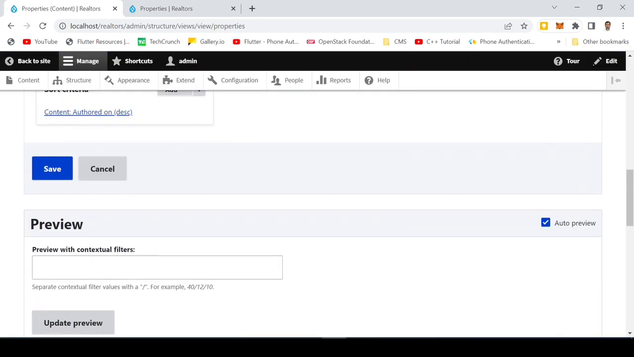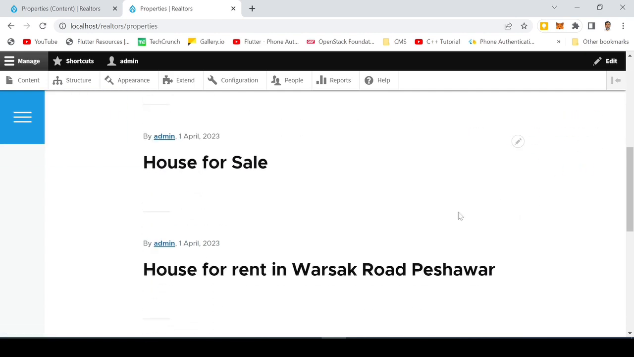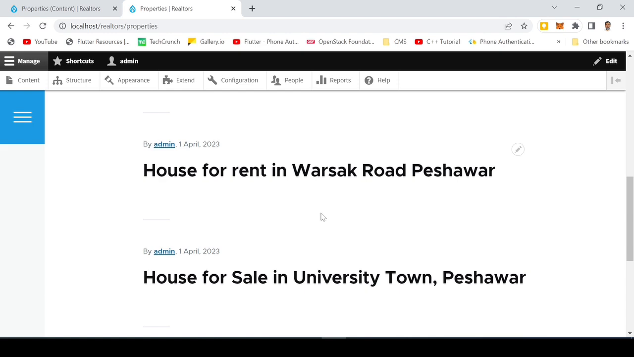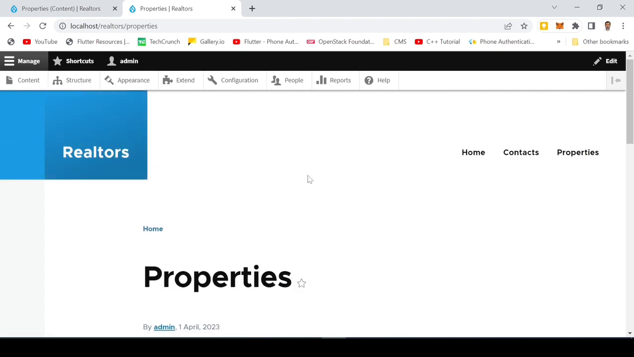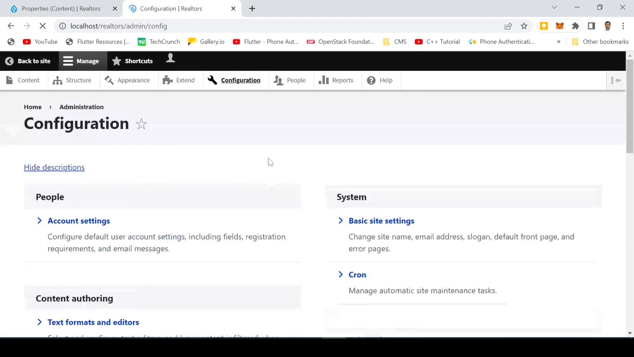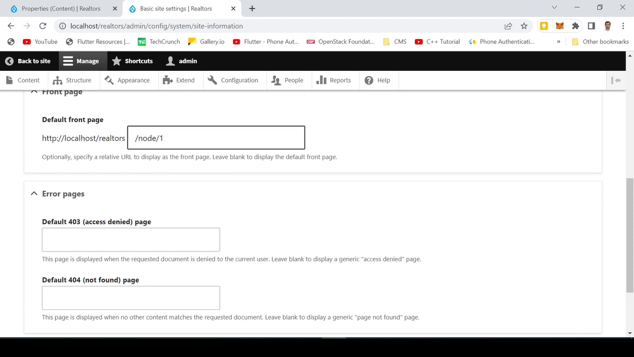Now when I click on apply, click on save and go to the site again and restart. We have a new tab, that is the properties. So we have the properties listed here. Now if you want this to be the default page of your website, you can go to the configuration and basic site settings, and instead of writing /node/1 you can say properties